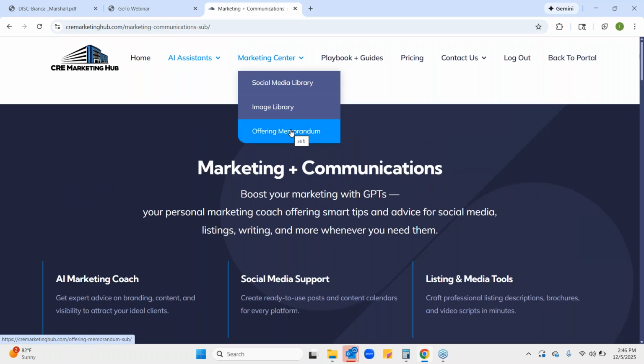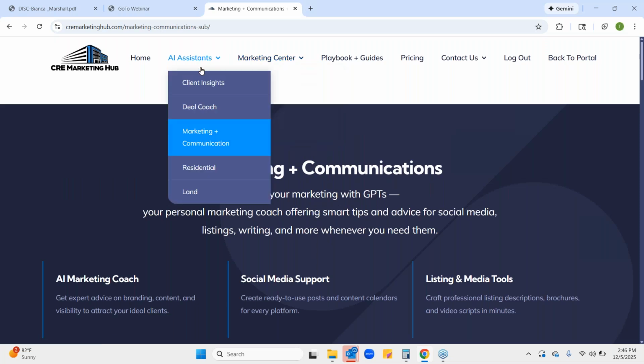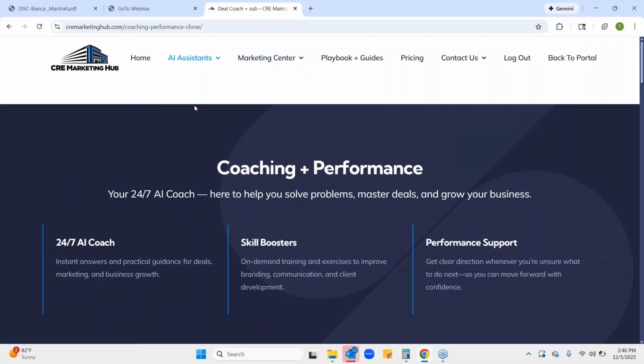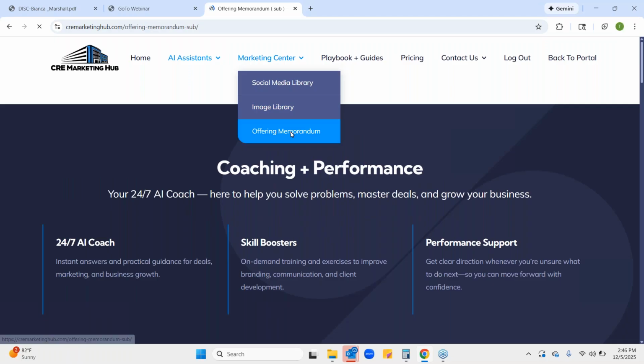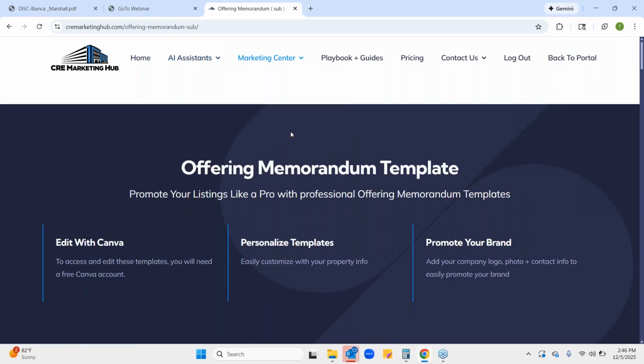And then we also have the offering memorandum templates. I'm not sure if you all covered that. That's one area that we did not drill down into, so I'd love to have you share what you can there. Okay. So when you are creating your listings, if you don't have something set up where you can